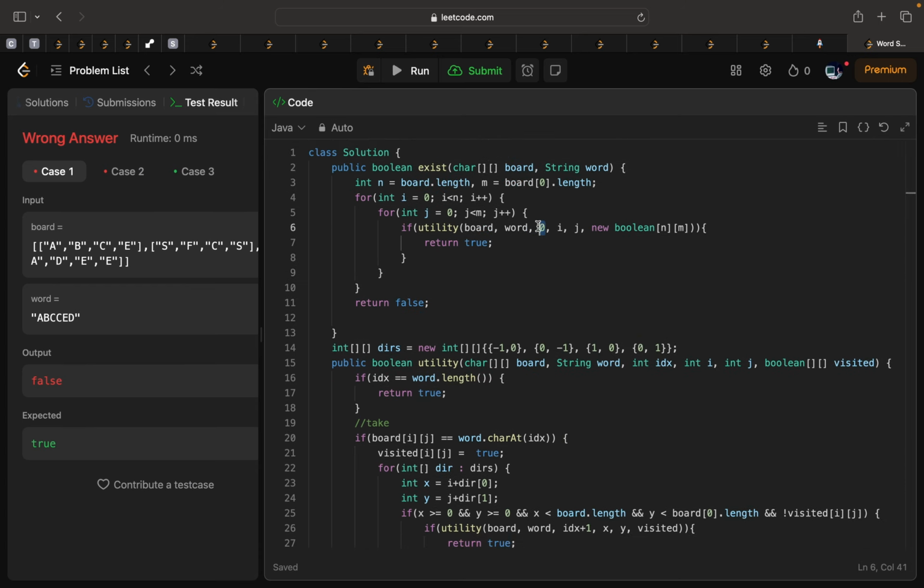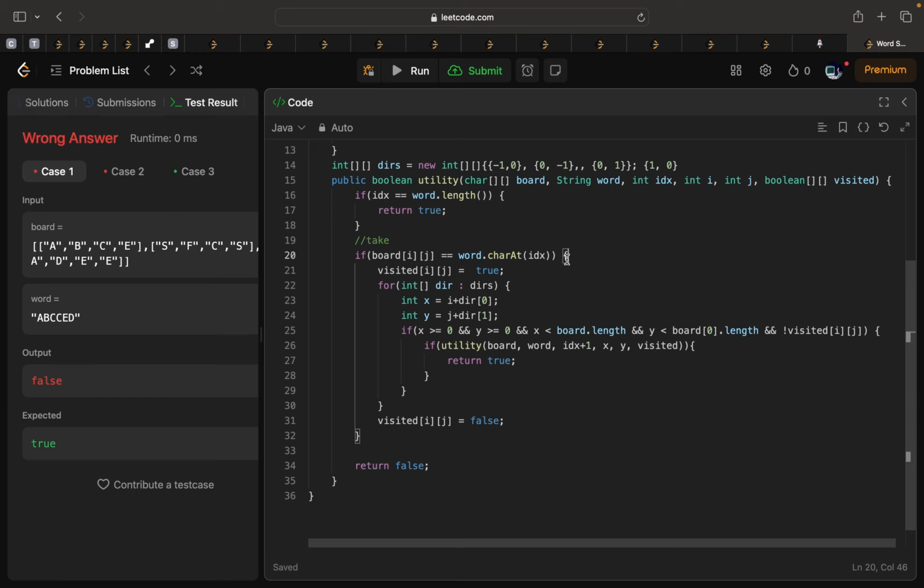Okay, we are starting from this position in word, and i and j. -1 0, -1 1, 0 0, 1. These are all the directions. Okay, if this word matches with this character,